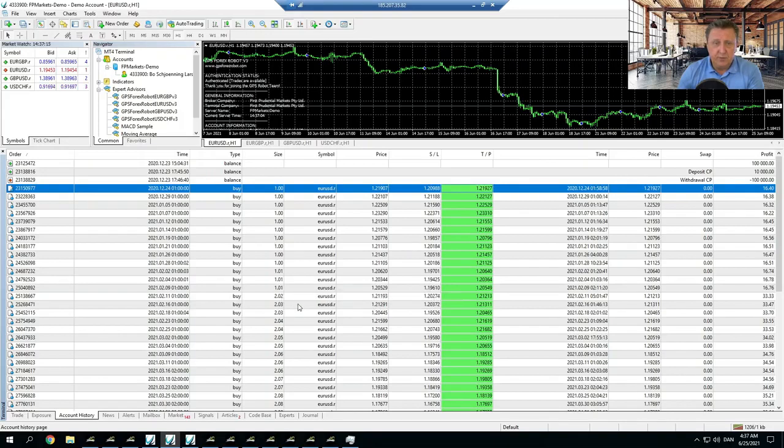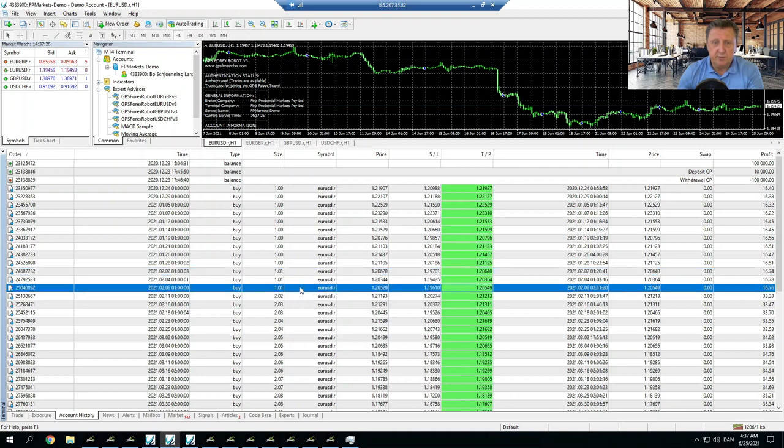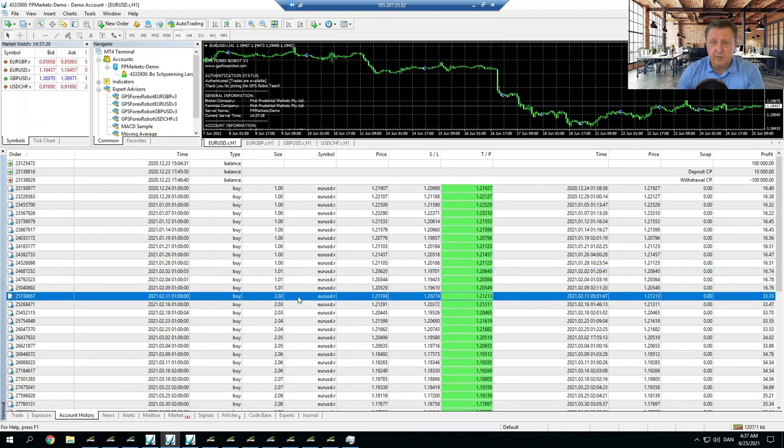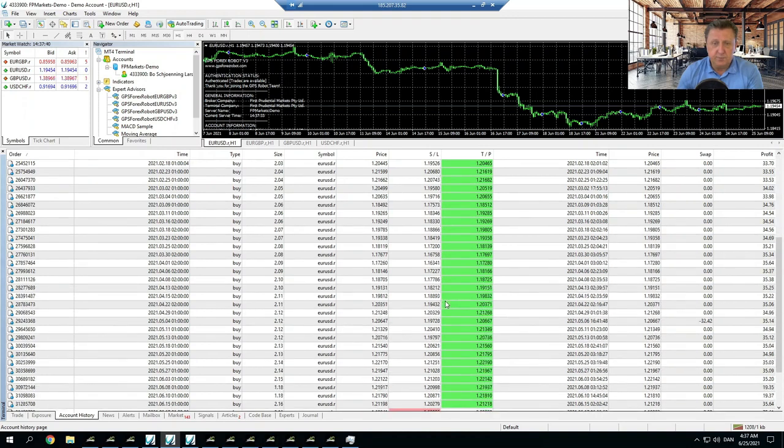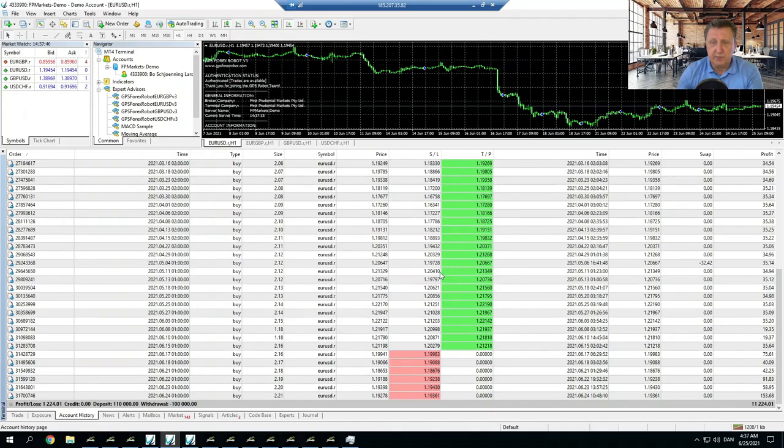You can also see that we made a switch here on the robot, so it went from just the 1%. We then changed a few things, played around with it, and also increased the risk part, basically doubling the profits along the way. And as we go along, you'll see that it's basically taking care of itself all the way through,